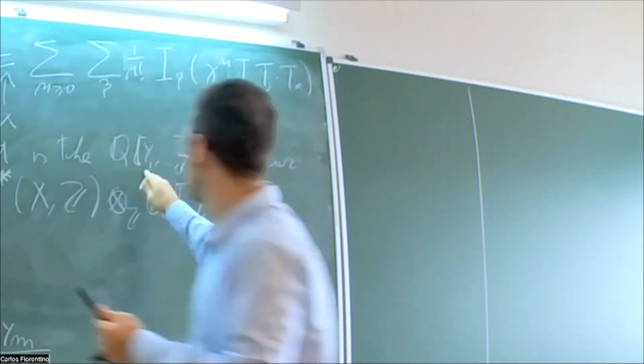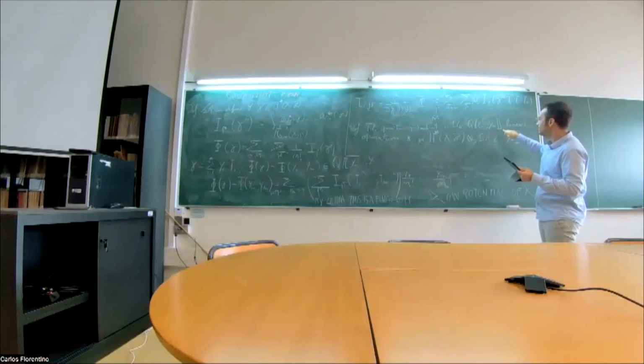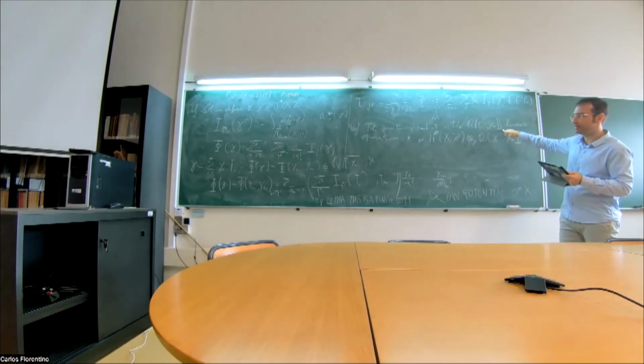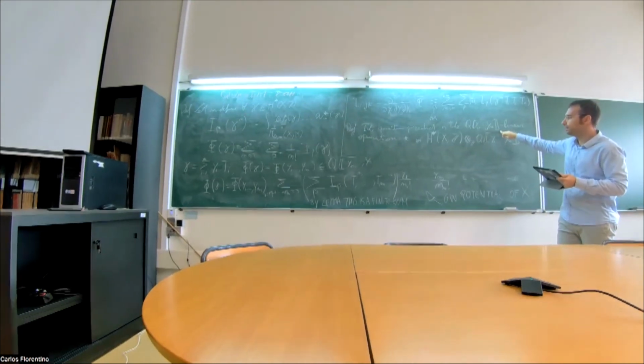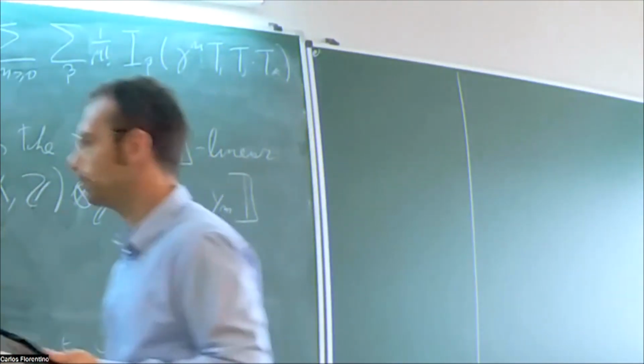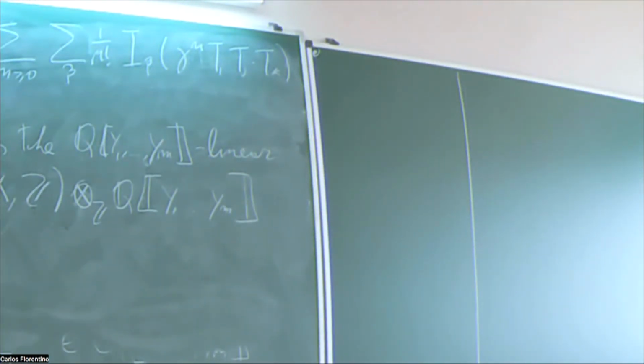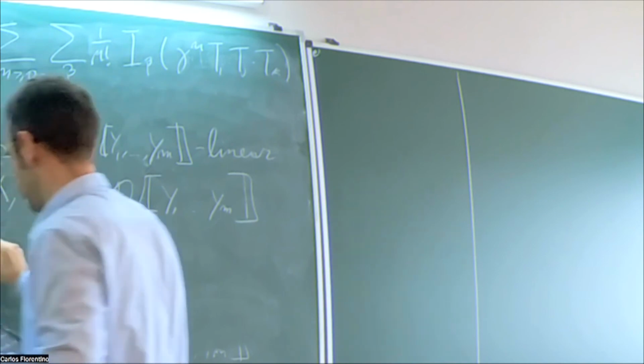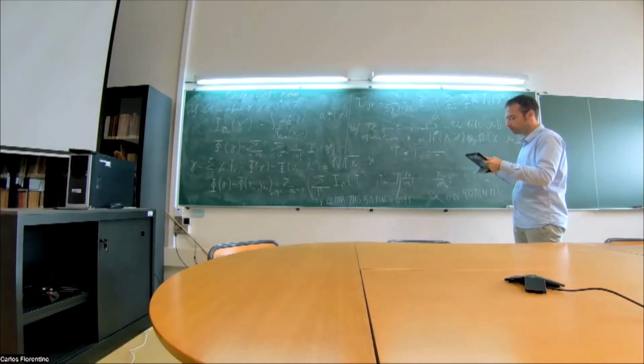It is linear with respect to this ring, so I need to define it just on the basis of this. So T_i times T_j is, by definition, in this new product,